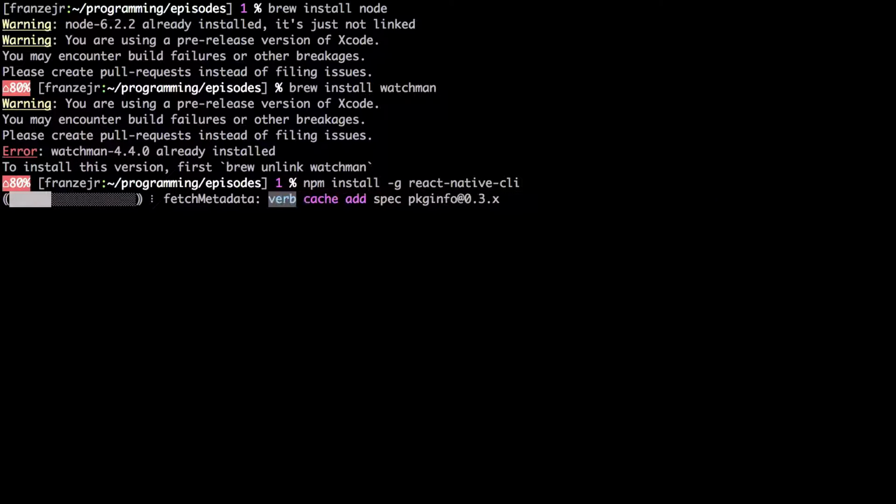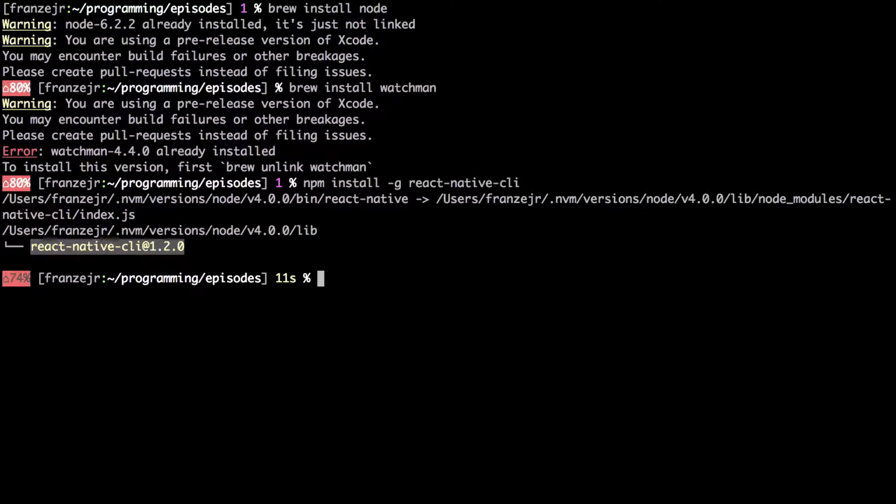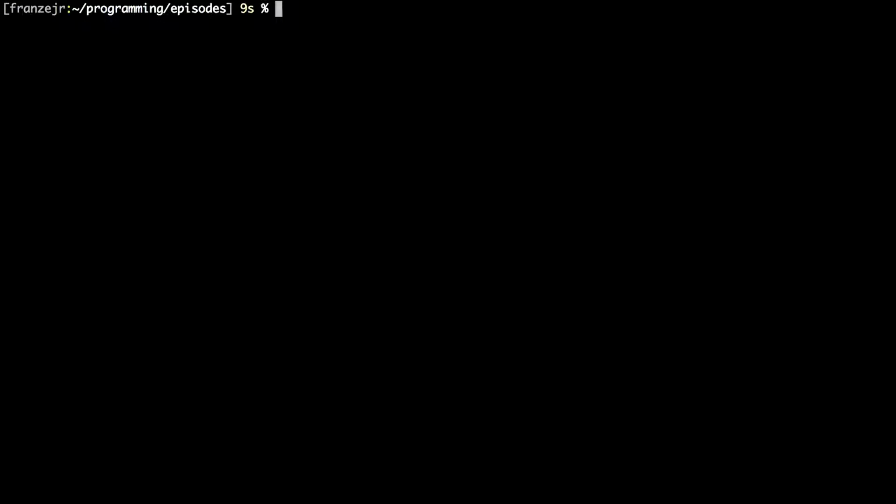Also, if you don't have Google Chrome, I recommend installing it, because it allows you to debug your app easily. Okay, with this we are good to create our first application. Let's use React Native CLI to create our first application. The command is react-native init